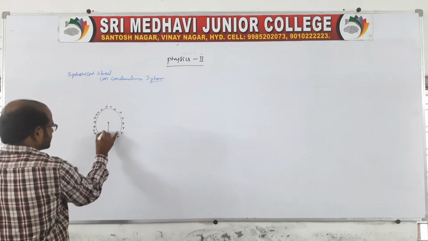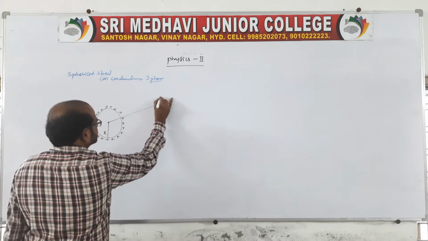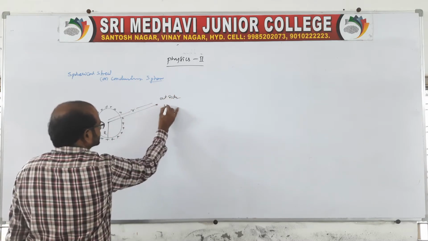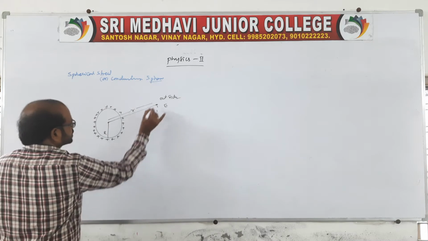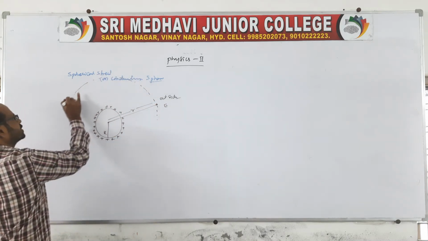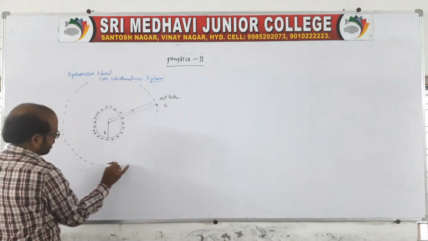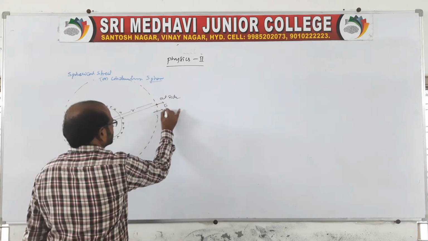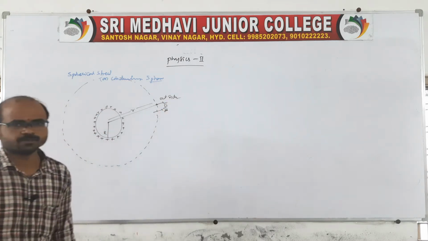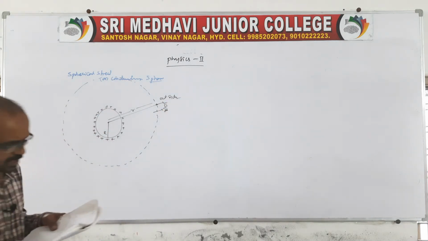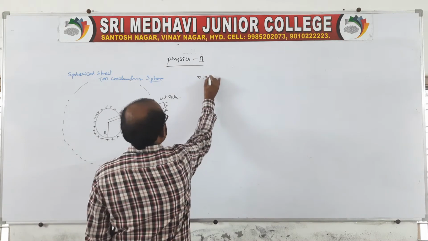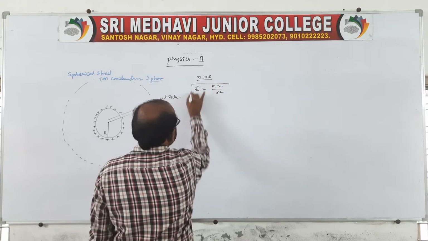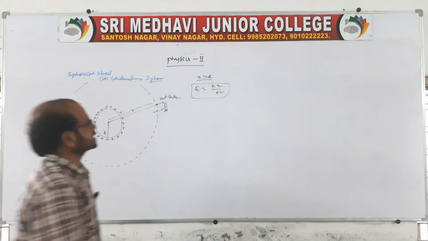The radius of the spherical shell is R, and at a point outside, we are taking the first case, outside, where we already know the answer. At this point, you construct another spherical shell like this, and at this point you write dS and dr in parallel. At a point here, we know the electric field intensity, with the condition small r greater than capital R. So E is equal to kq by r square, which is outside.